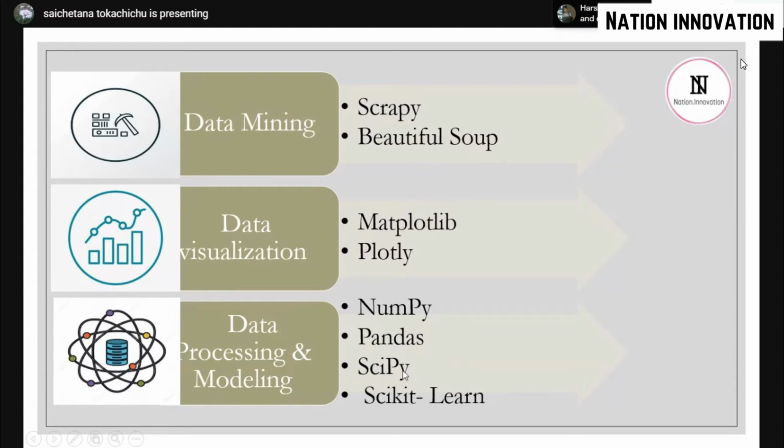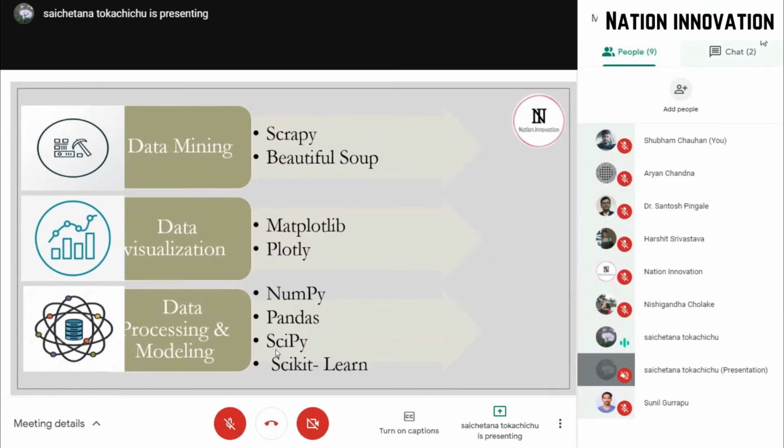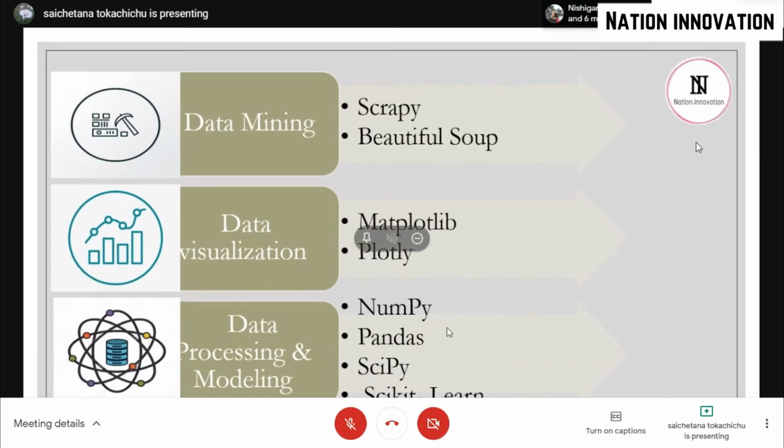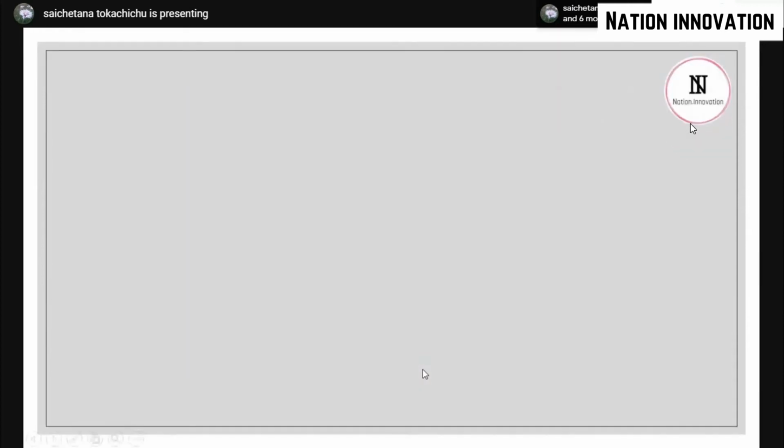SciPy is used for scientific calculations, like differential equations, integrations, or any high-level scientific requirement. Scikit-learn is where machine learning happens. All machine learning algorithms are stored in scikit-learn. So that was about libraries.